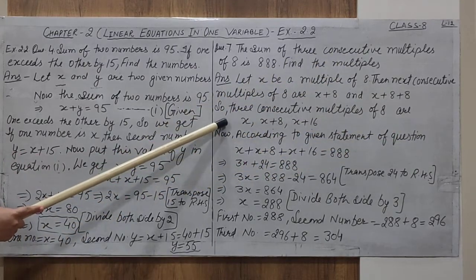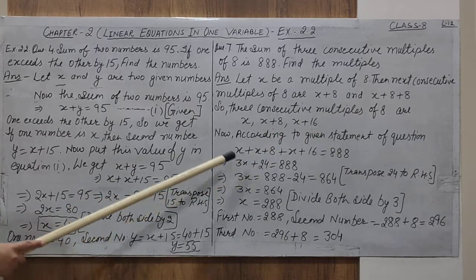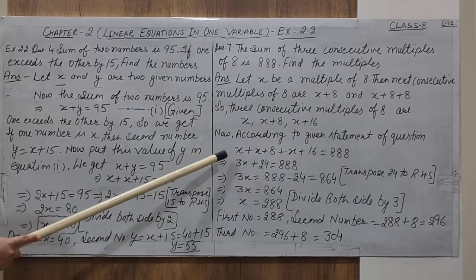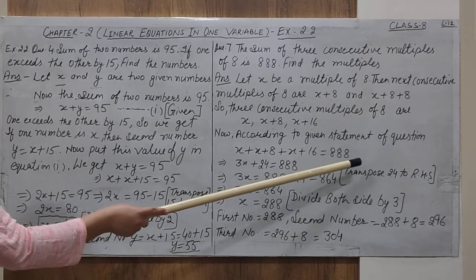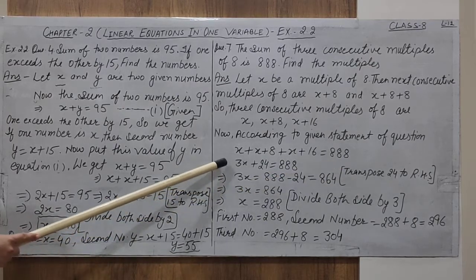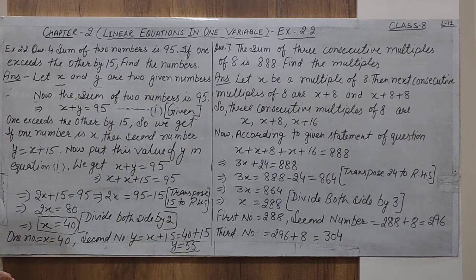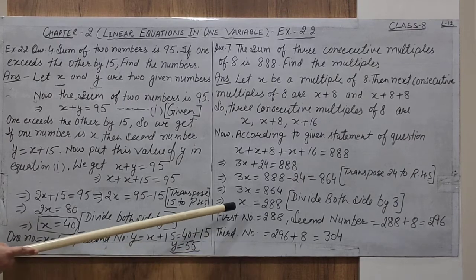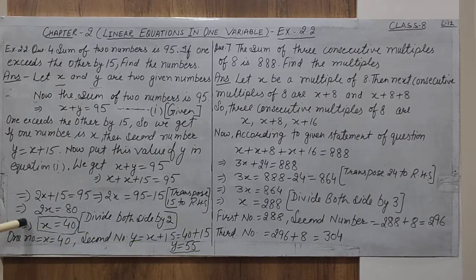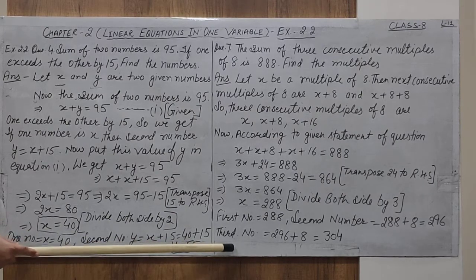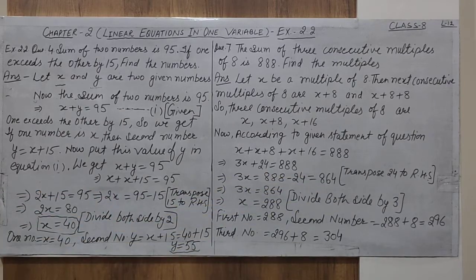After doing this, you must write the three multiples. Now, according to the given statement, the sum of the three multiples is 888. We get a linear equation. Now solve the equation according to the method given. But you must understand these are not the only answer. You must give a complete answer like this, as we have done in this question also. So I hope you understood the applications of linear equations, in which there is a linear expression on one side and a constant on the other side.